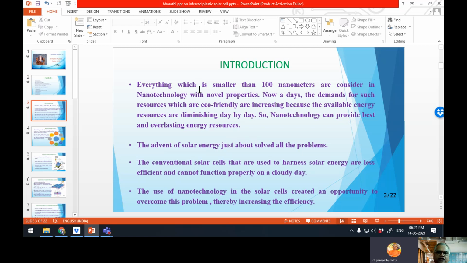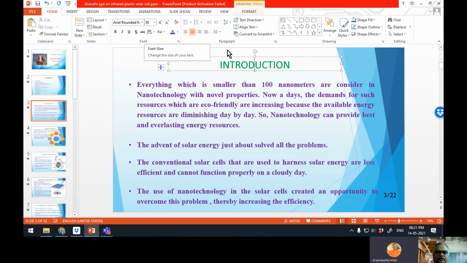Background is one color, text is one color, heading is another color. Heading size is 36. If I selected 36, then in the entire slides, everywhere it should be 36 only. Text I have selected 24. Everywhere it should be 24 only. Unless it is some special case, maybe you can reduce, just because one line space is not sufficient. Minorly you can adjust, but not drastically. If necessary, you can go for a next slide. So 24 is the text, heading is 36. And one background color I have selected.